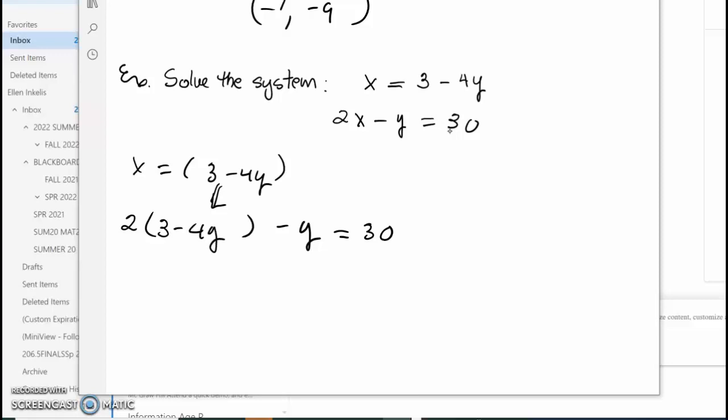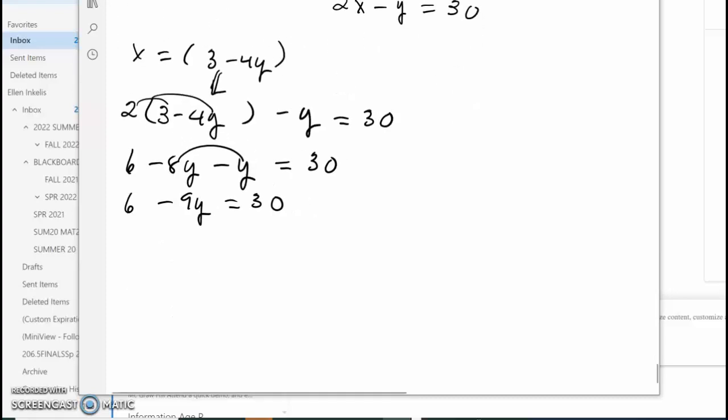Again, our goal is to have one equation with one unknown. In this case, we are solving for y first instead of the x first. So we wind up with, now after distribution, 6 minus 8y minus y equals 30. Collect like terms, so it's 6 minus 9y equals 30. I'm going to subtract 6 from both sides, to isolate the y term, and you wind up with minus 9y